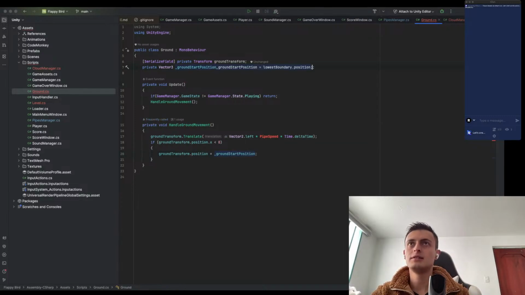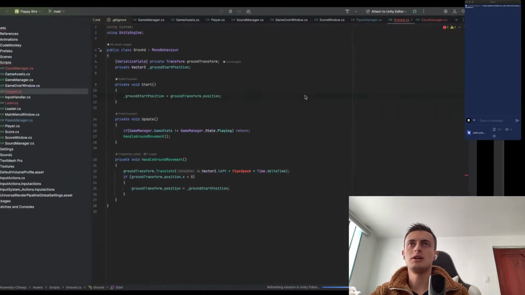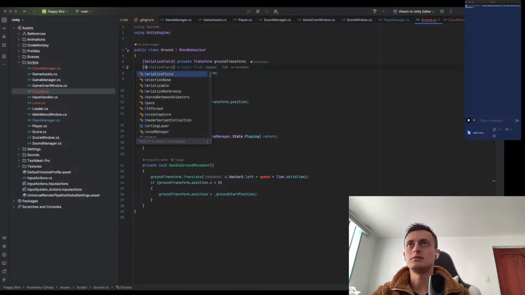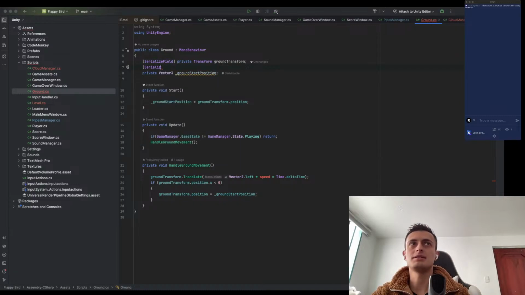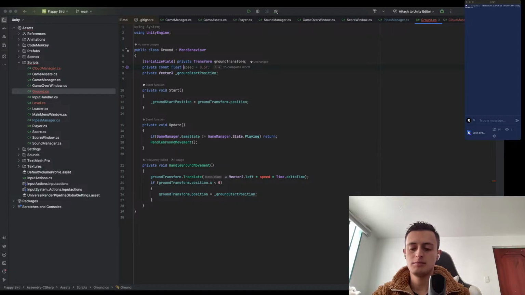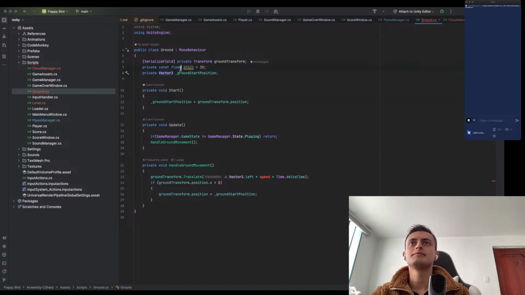So here on the start, ground, okay. So what's the thing that I have? And this is a speed, and this can also be serialized, but this is gonna be the same as the player one. So just, how can I say this? Private const float speed equals, I think it is 30. So yeah,